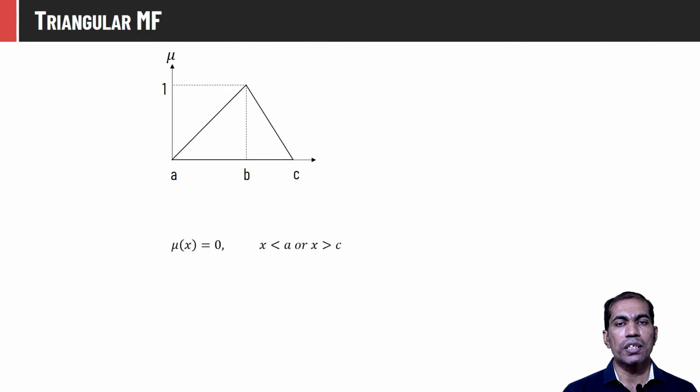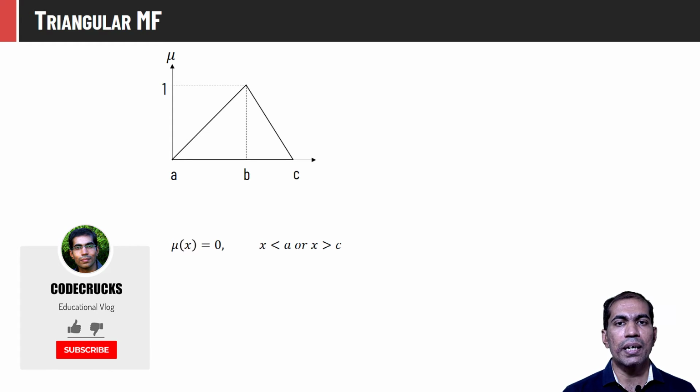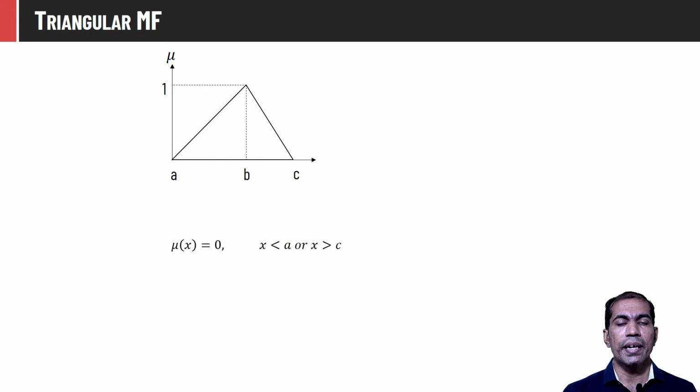The triangular membership function is the most widely used membership function. It maps a crisp input between 0 to 1 using triangulation. This is a quite simple and mathematically efficient membership function. The triangle is defined by 3 parameters A, B and C, where A and C represent the base of the triangle and B defines the height of the triangle. Here the x-axis represents the crisp number and the y-axis represents the membership value, or the fuzzified value of that crisp input, which will always be between 0 to 1.